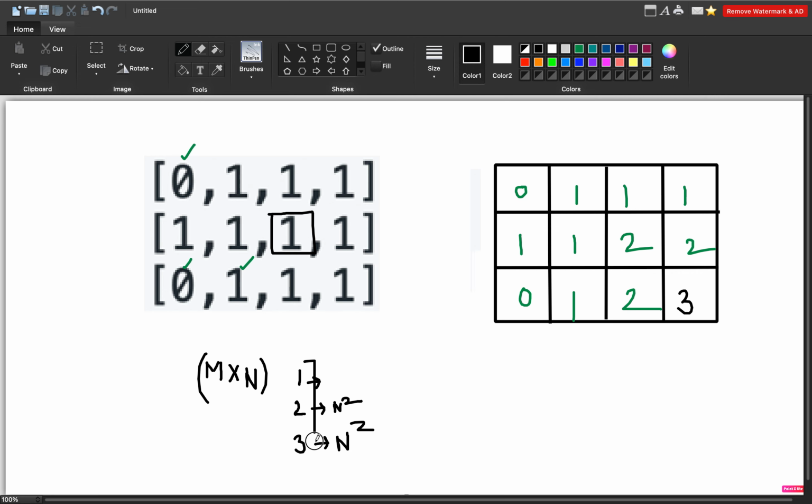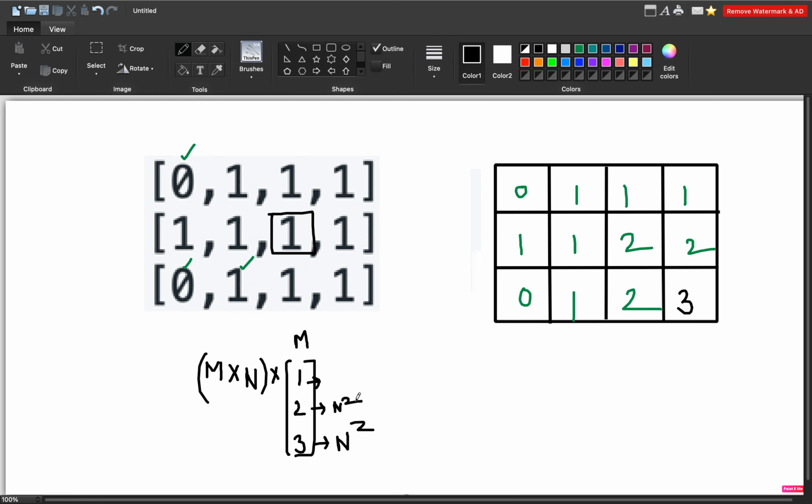So if you can see that, the time complexity is building up to be m cross n multiplied by the minimum of m and n. I'll take the minimum as m.